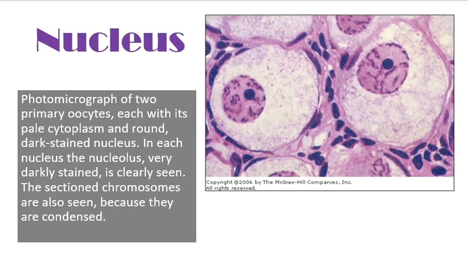And here is a photomicrograph of two primary oocytes which has darkly stained bodies called nuclei. The plural term is nuclei, and each nucleus further has a heavily, darkly stained body called the nucleolus. We shall describe what the nucleolus is later in other slides. And also we have some scattered chromosomes which are condensed and show some significant coloration.